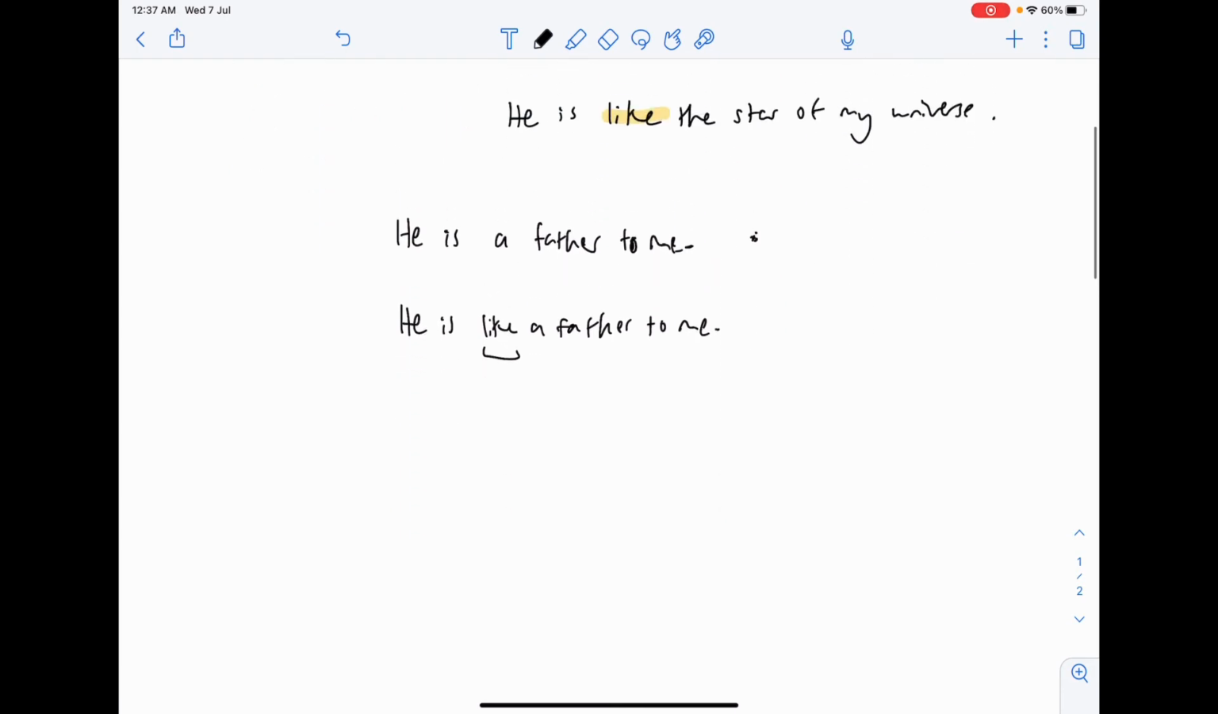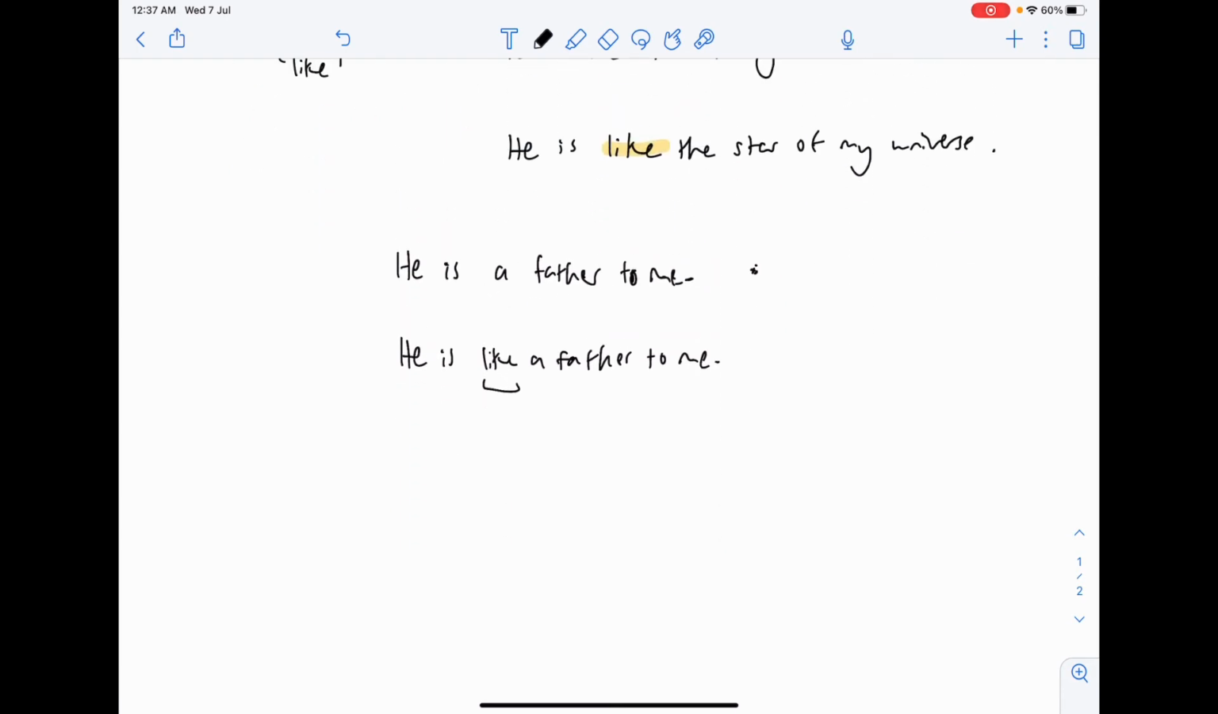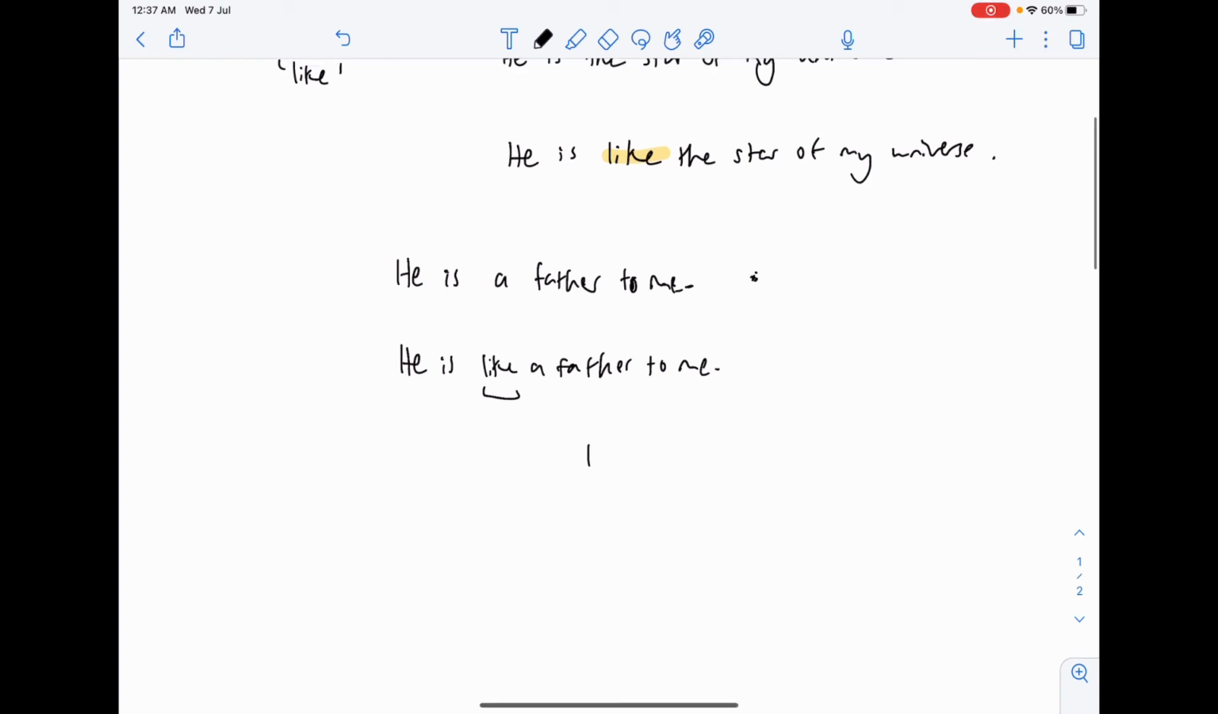So let's use a simpler metaphor to break it down more. He runs...